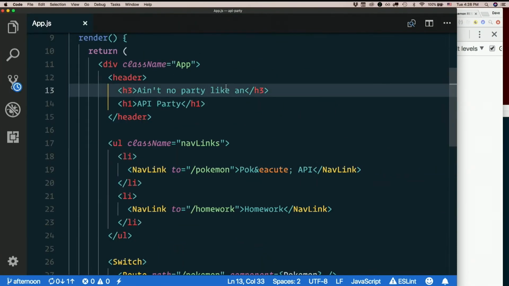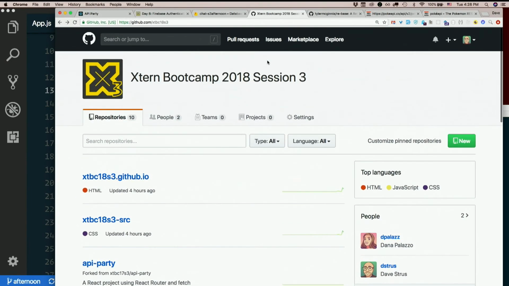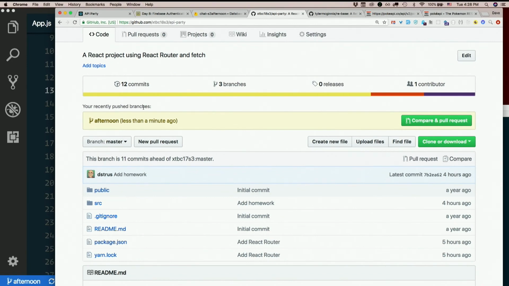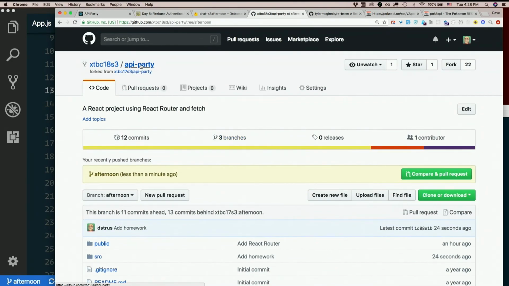All right, so if you look at app.js. If you look on GitHub, Dana will have already put a link to this, but you'll have the afternoon branch. That's where this stuff is with Pokemon and all that. If you look at the master branch, though,